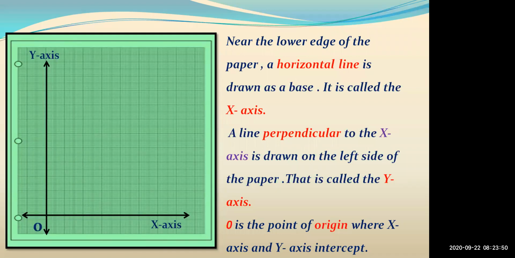So this is the way to draw the graph. This is the basic information of drawing the graph. First you have to draw the x-axis, then you have to draw the y-axis, then you have to mark the point of origin. So this is common for all graphs. Whenever you draw any graph, this is the common information for all the graphs. So after that, what you will do now? See.